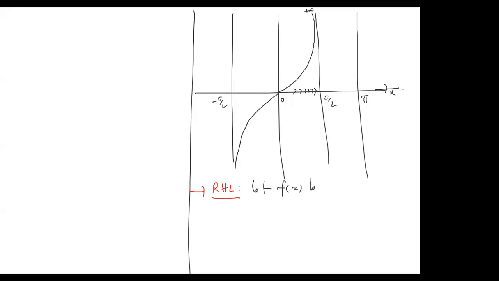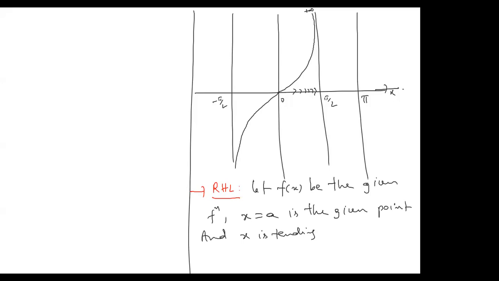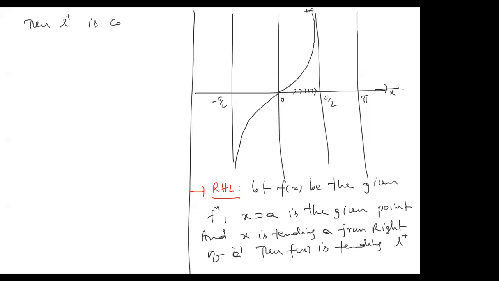Let f(x) be the given function, and x equal to a is the given point. If x is tending to a from the right of a, then f(x) is tending to L plus, then L plus is called the RHL, right? It is denoted by limit x tends to a plus f(x), and it is defined as